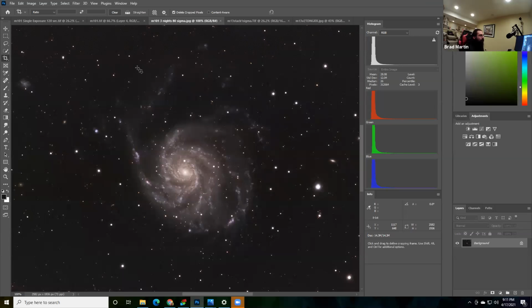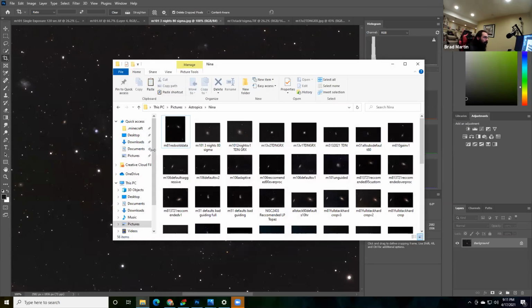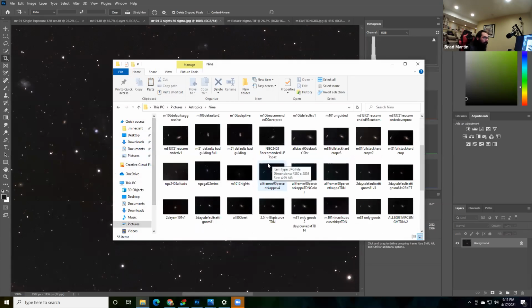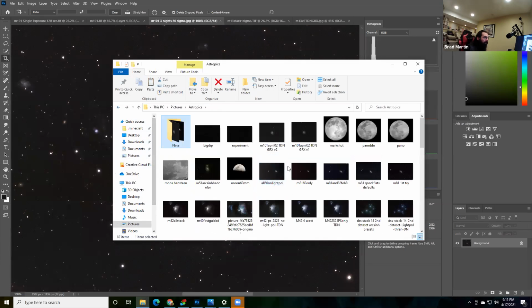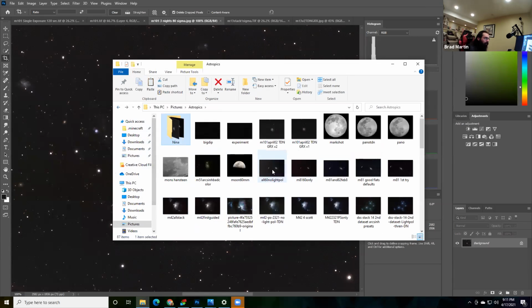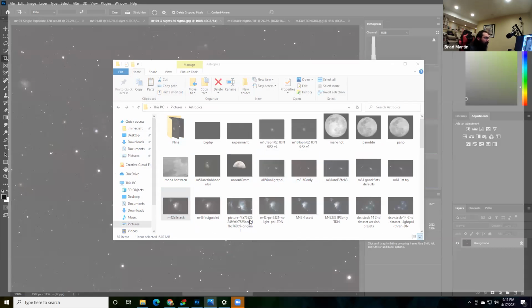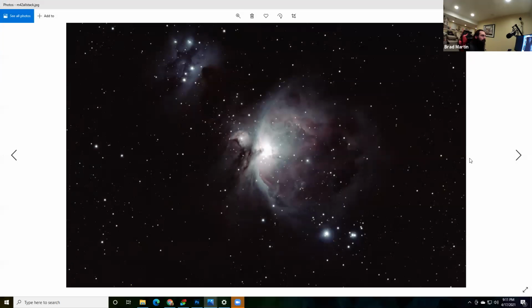One of the first things that I did was the Orion Nebula, of course, and that was one of my favorite images I ever did, and I did it without knowing what I was doing at all. Look at that. That was my first finished astro image, and I was just like, wow, I'm amazing. And then everything I did after that was terrible for like 2 months.